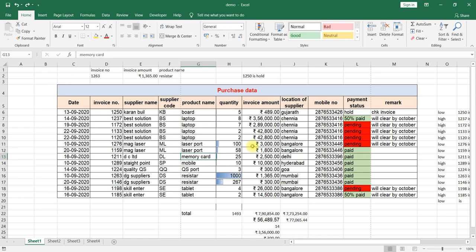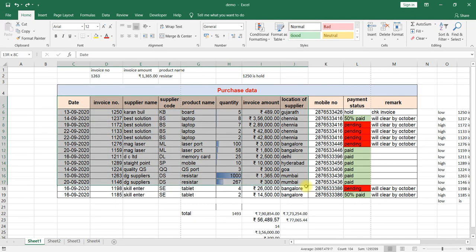How to insert a pivot table? First we have to select the data. While selecting the data, be careful, we have to select the entire data. Don't select this purchase data heading and all. Data and data header should be there. Each column represents something. Date, invoice number, these are the data headers, nothing but your column names. These are the column names we have, and the data. So we have selected the entire data.